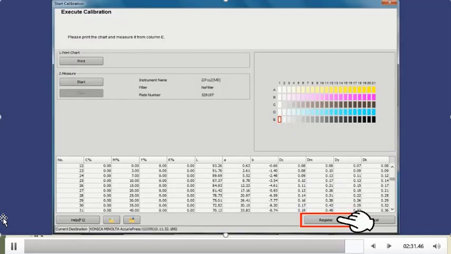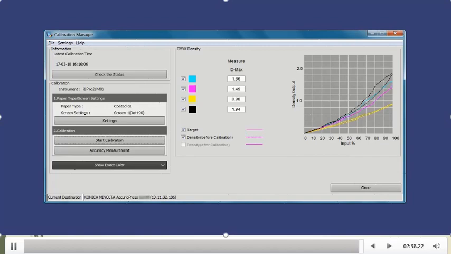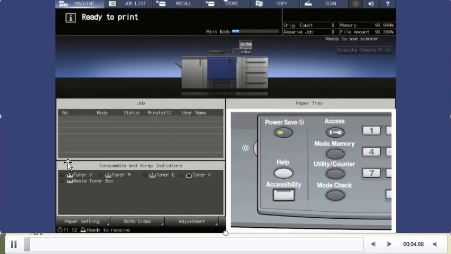Now we will click on register. So this is how you can do the calibration. This is also a very easy job to perform. Now this is your regular flow, but sometimes what happens, you need to perform the density balance. Meaning what you see is sometimes in one part of the image, let's say the inboard side image is dark and the outboard side image is light. In that case we perform density balance adjustment. How do we have to do it?